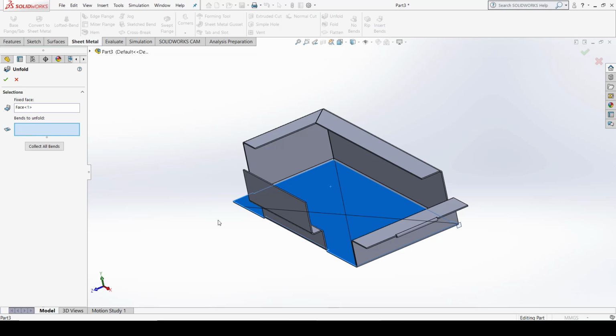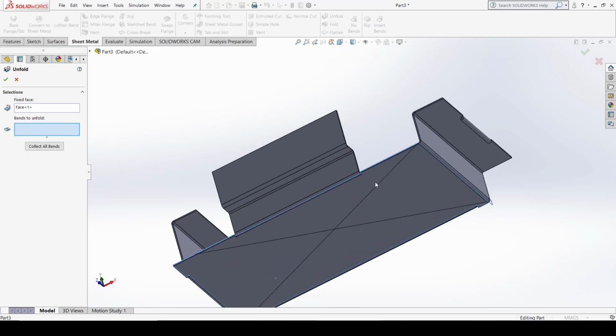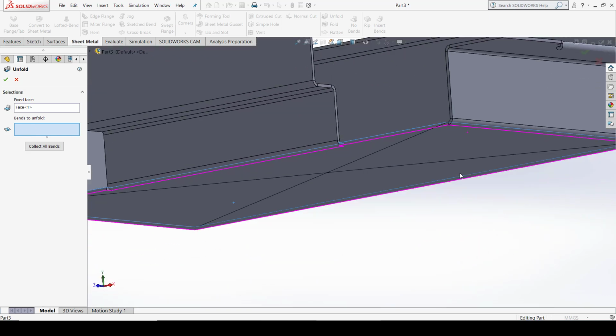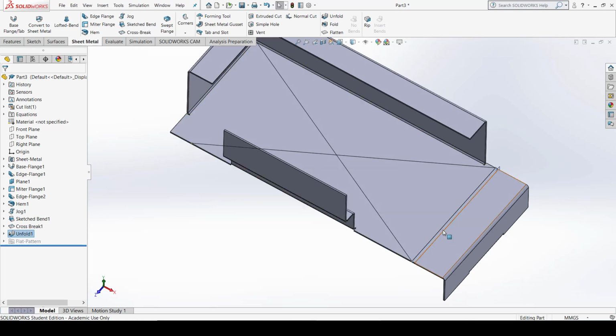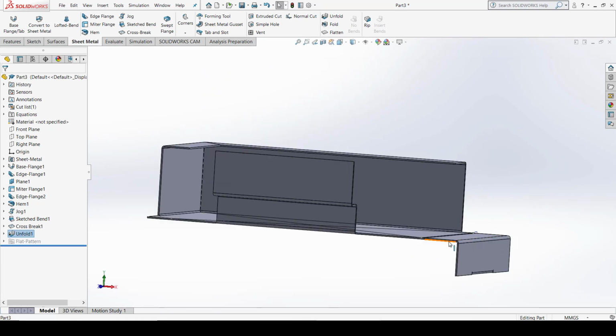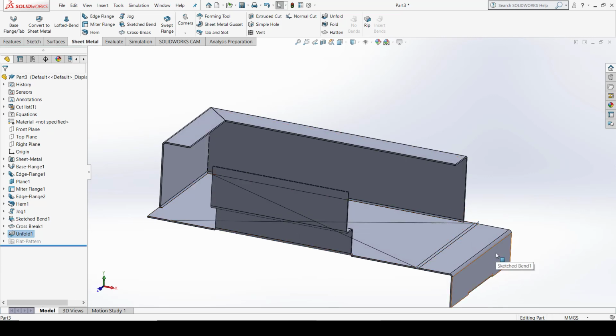Okay. And now what I want, a bend on which I want to flat the surface. So this is the bend I want, and when I click OK here, you can see the unfold option takes place, because this is the folding option. So previously it is 90 degree, but now it is unfolded and it is at 180 degree, or you can say it is on the flat surface right now.